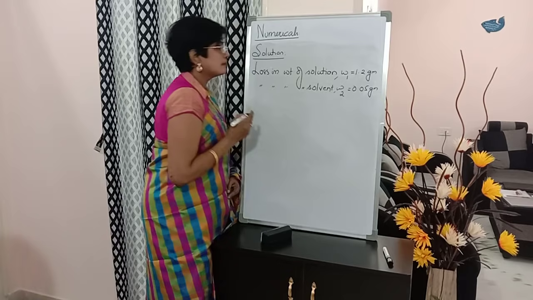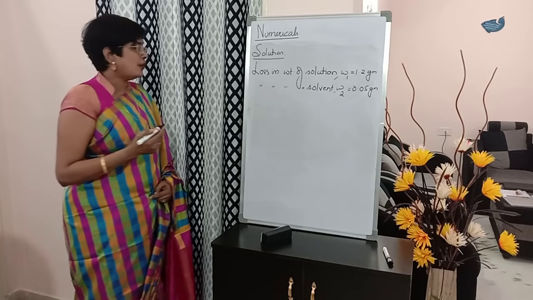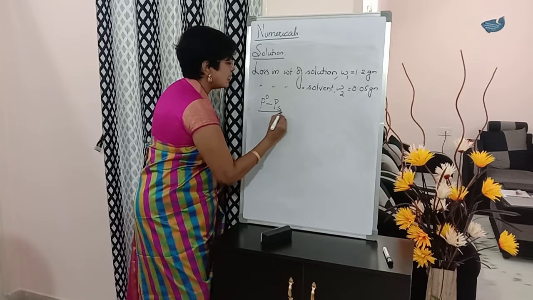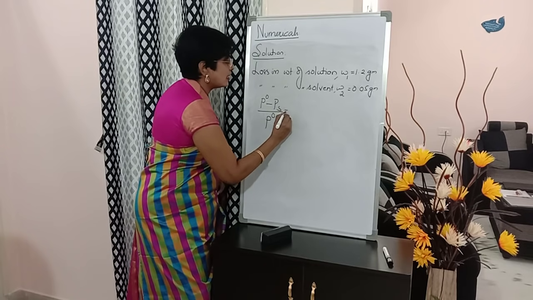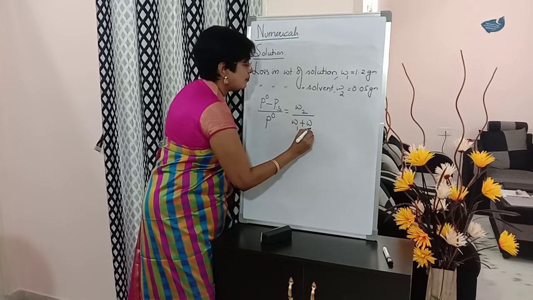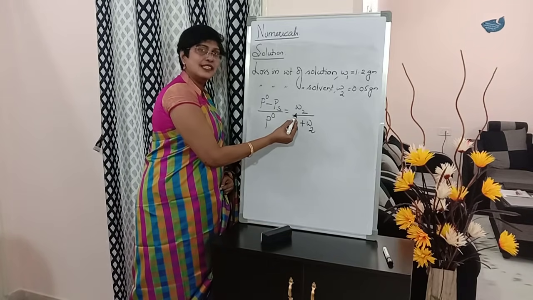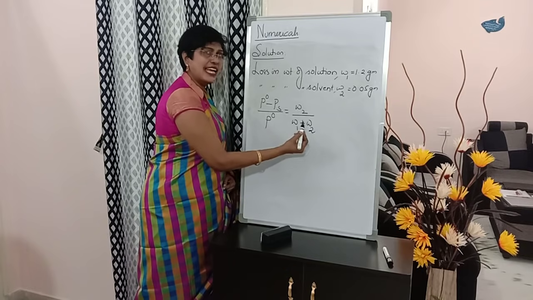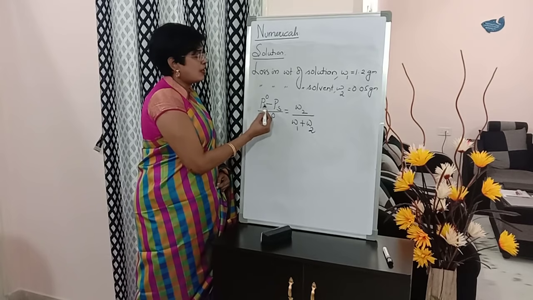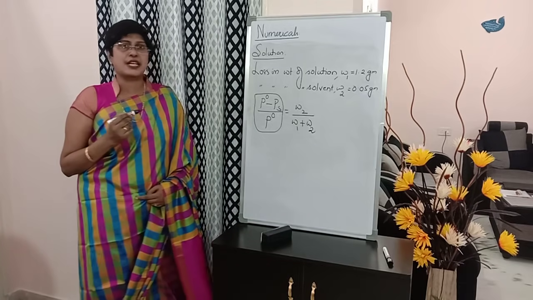0.05 grams. Okay. So from this, what can we calculate? Below we have seen the relative lowering of vapor pressure, that is (P0 minus Ps) by P0 is equal to W2 by (W1 plus W2). Loss in weight of bulb B by loss in weight of bulbs A and B. That's what we did last week. So this is equal to how much, students? (P0 minus Ps) by P0. You know this quantity is nothing but the relative lowering of vapor pressure.